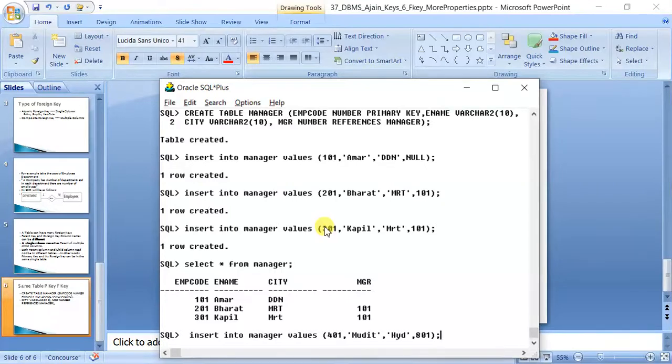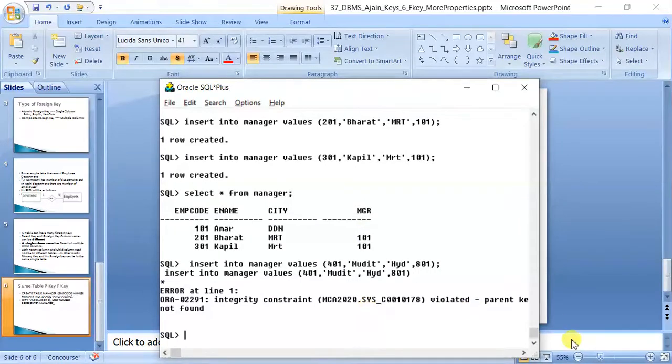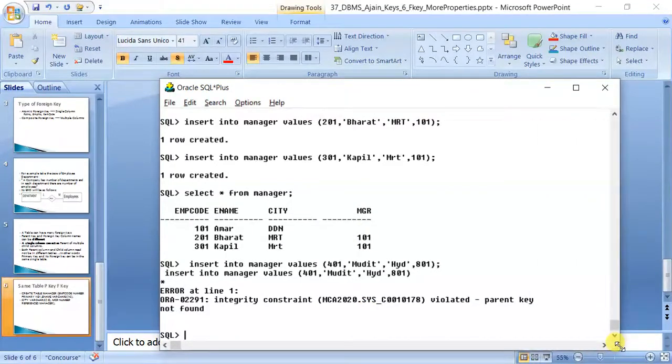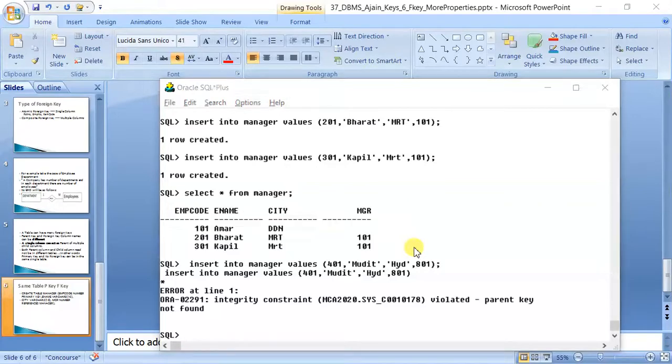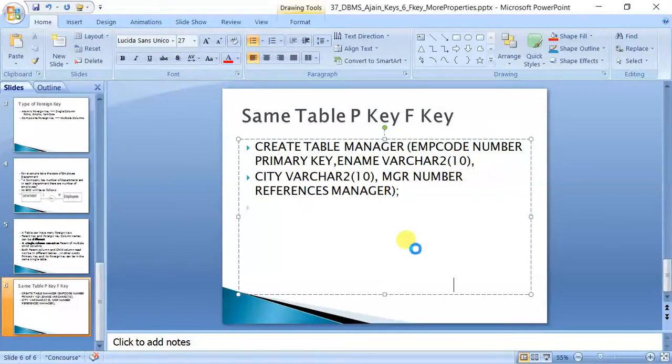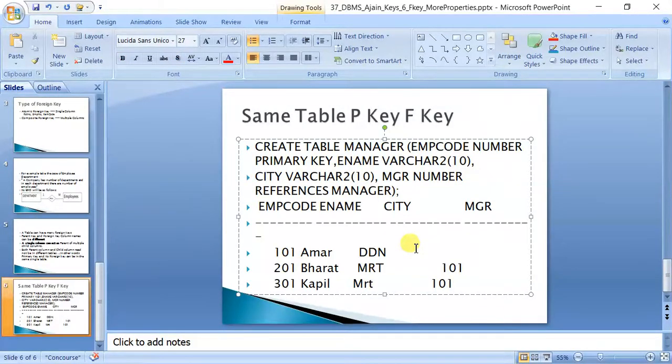You can very well understand it will not be allowed, because this manager column is a foreign key for employee code, so this cannot come. It says parent key not found. So this is an example where you can see that primary key and foreign key can come in the same table.